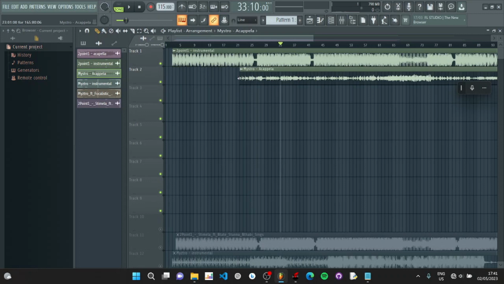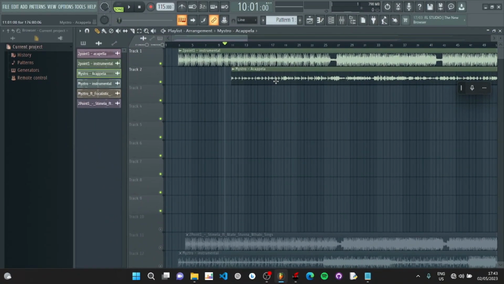Remember guys, when you come to the slice and you do this, it just removes this part from the playlist, but it doesn't delete it. So you can always stretch this track again to get the part that you removed. Now that I finally got it, let's finally listen to it. Let's go.